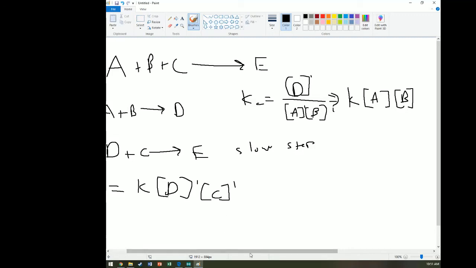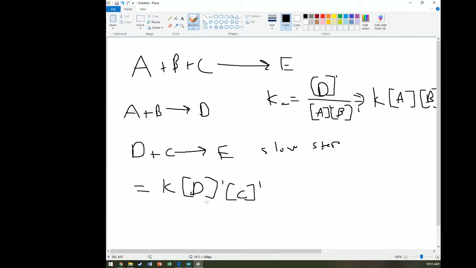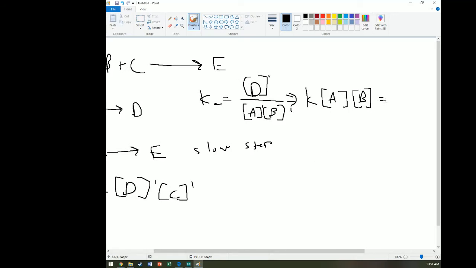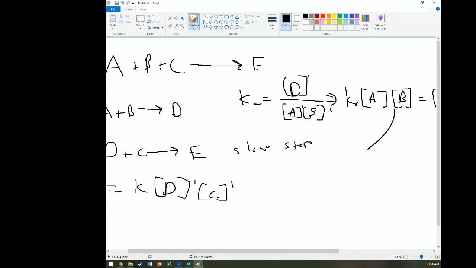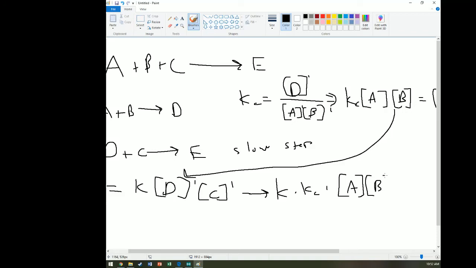What I forgot to mention is that while this is fine and good, you cannot write rate laws with intermediates. You have to write them in terms of just the reactants that you start with. So we get that Kc times A times B is equal to the concentration of D. Now we can substitute this here, and we get k times Kc times A times B times C